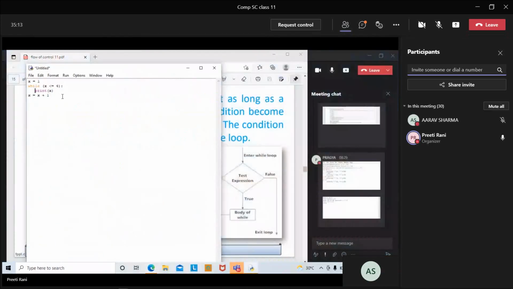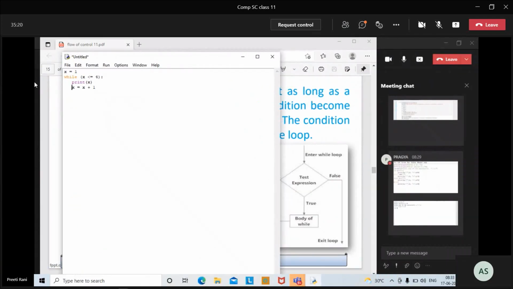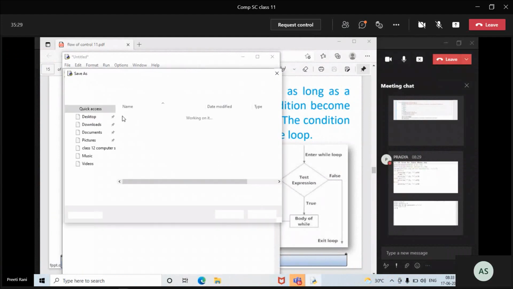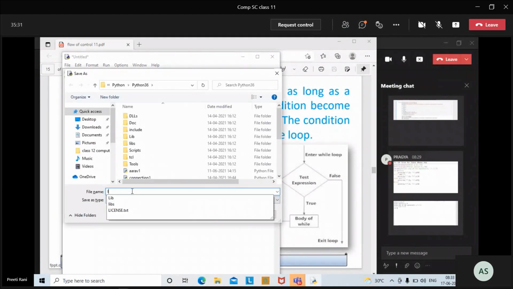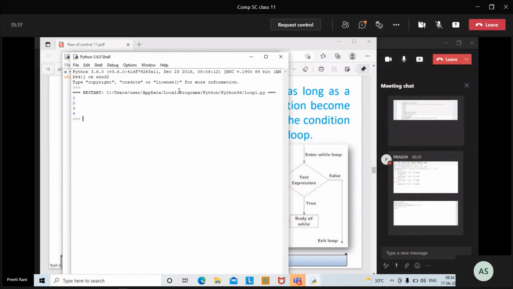Yeah. Okay, it will print that value according to that loop, right? How will we execute that? See, you can check that. This is the answer.